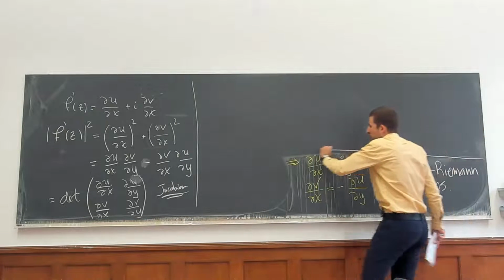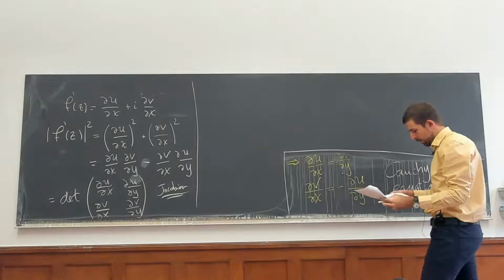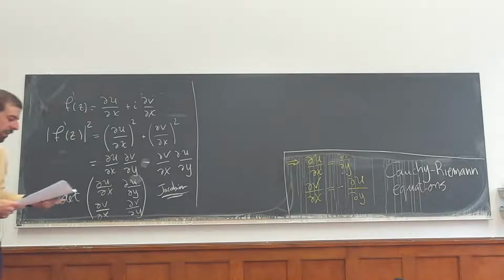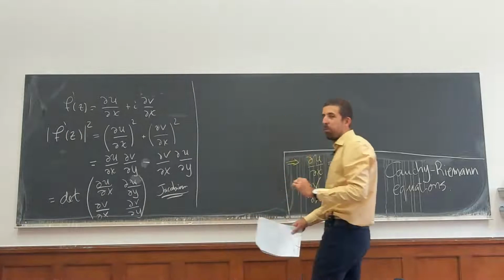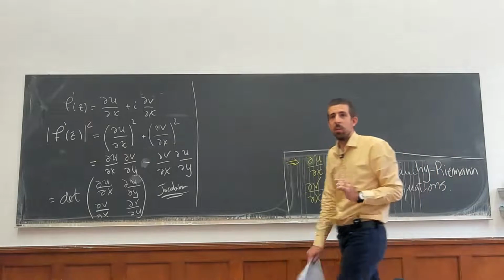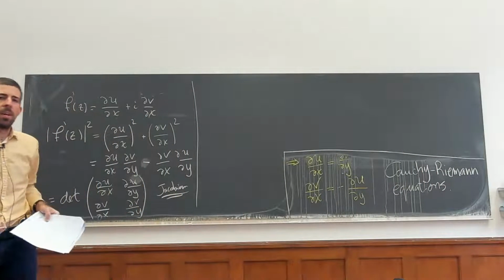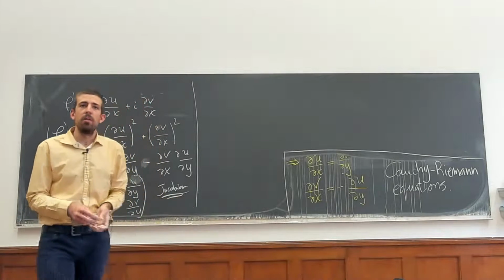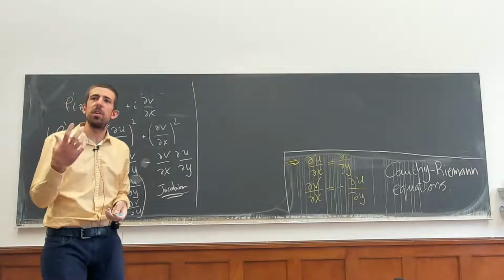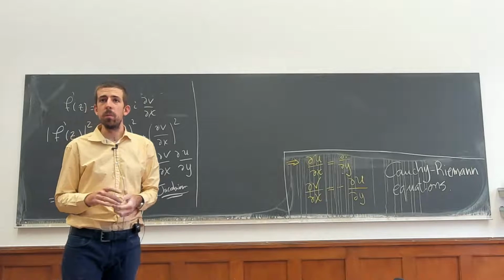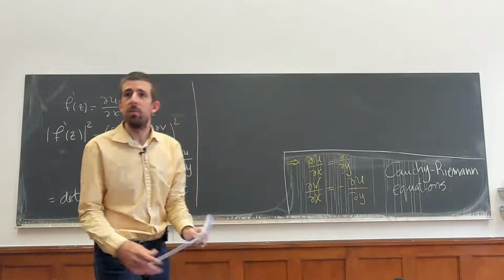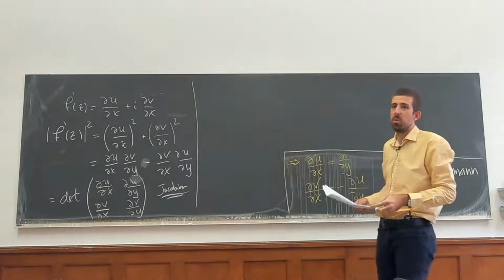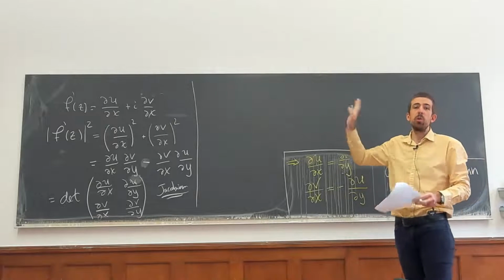Okay, let me try to do one more thing before we end. Later we will see, so for now I'm going to cheat just a little bit, that if a function is analytic, then you can take the derivatives many times. Analytic functions have this special property that if you can differentiate them once, you can actually differentiate them more, which is of course not true for functions in real analysis. But over the complex numbers, once it's analytic, we're allowed to take more derivatives. For now, let's just say that you can take two derivatives of the function.